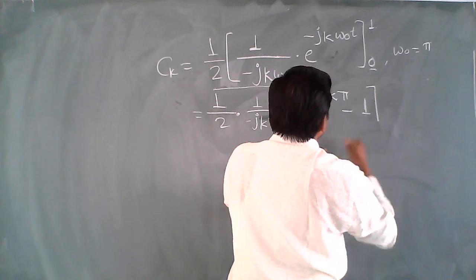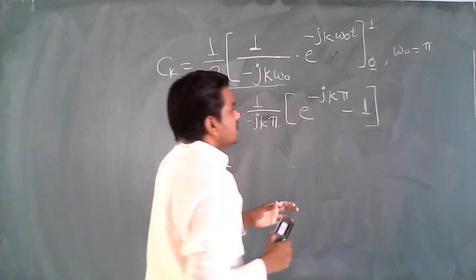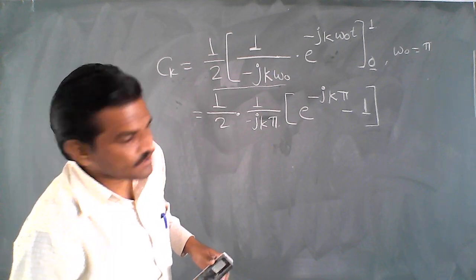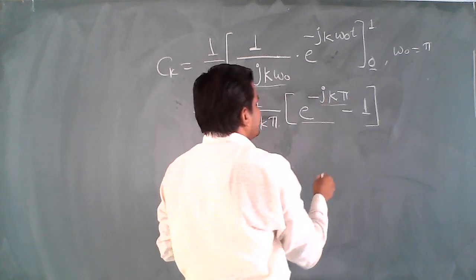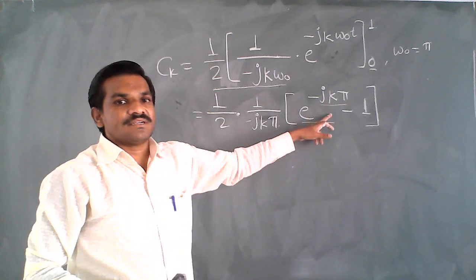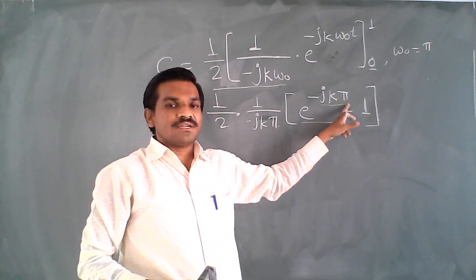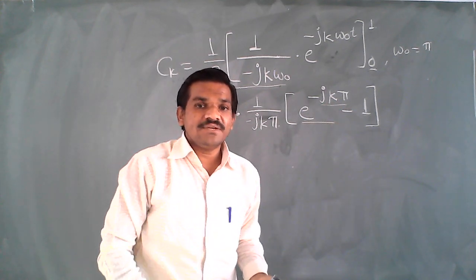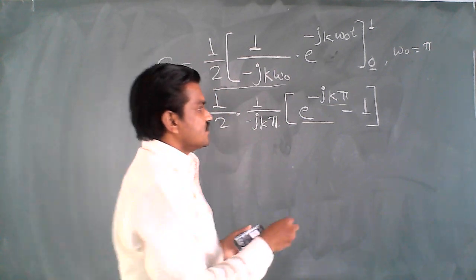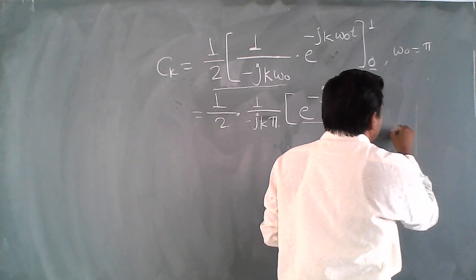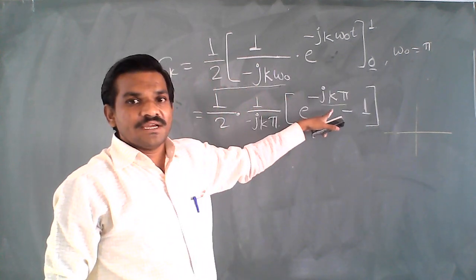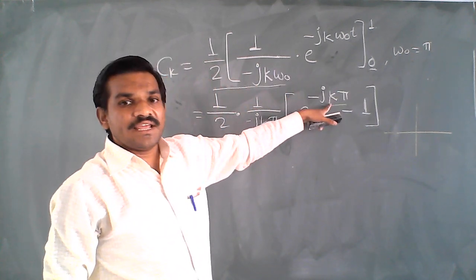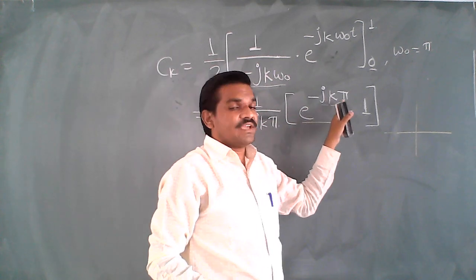Right? This term is equal to 1. Now we come across this particular term. We have this exponential term, or you can say we have a complex number, e to the power of any complex number. So it has a magnitude as well as a phase. So when we talk about the angle of this particular term, it has an angle when k is an integral multiple.